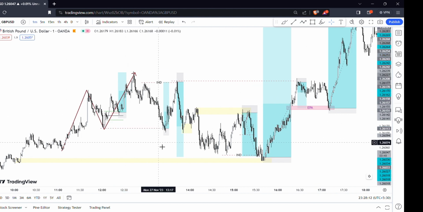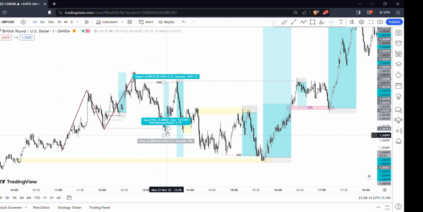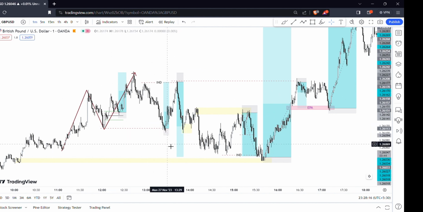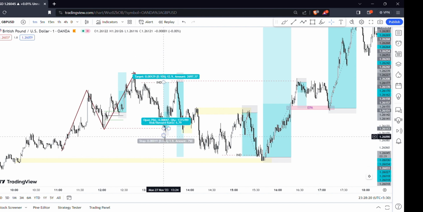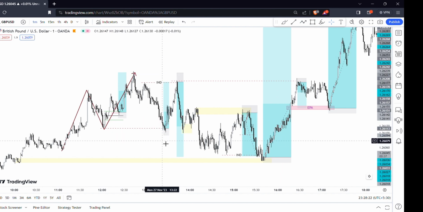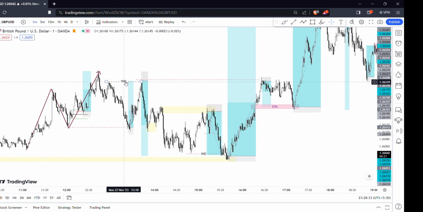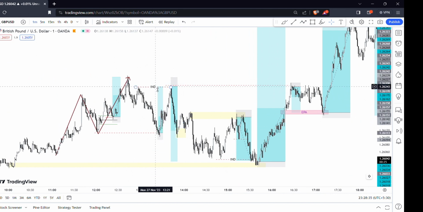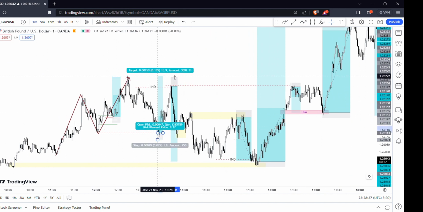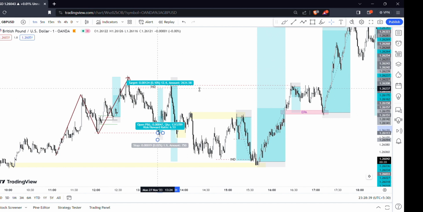I'm waiting for the liquidity grab to be taken out. And then the liquidity grab happened. I exactly placed the position with 2 pip stop loss. I am in buys and target the safe target. First target will be inducement liquidity and the structural liquidity. This is the structural inducement, which I call the second pattern. This is the first target. This is my second target, and my final target will be high time frame liquidity.